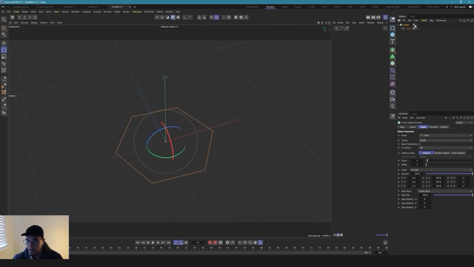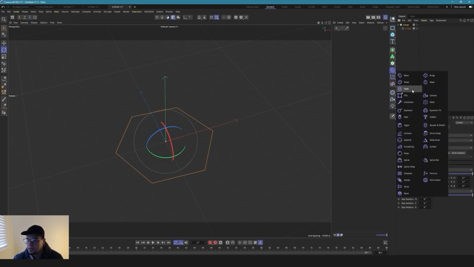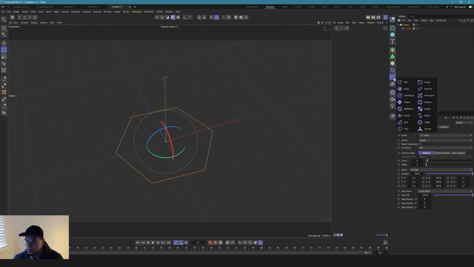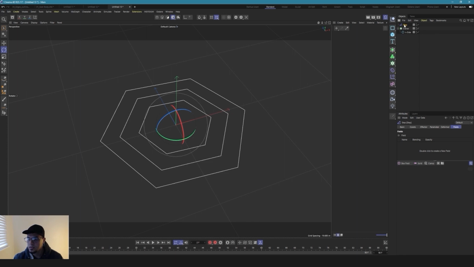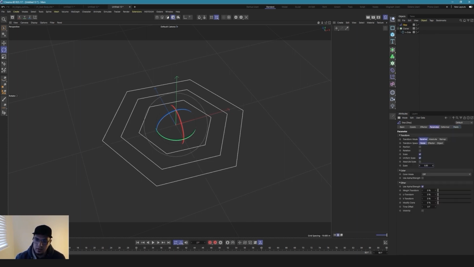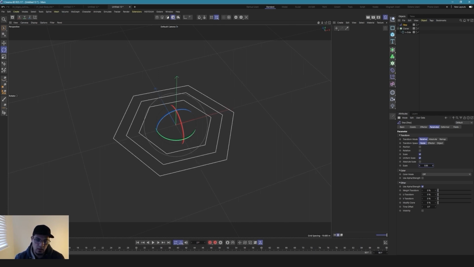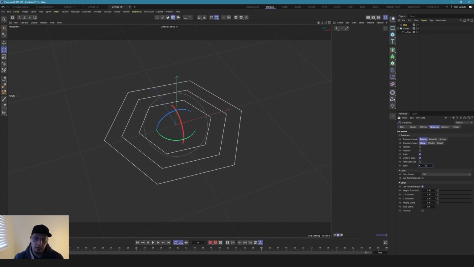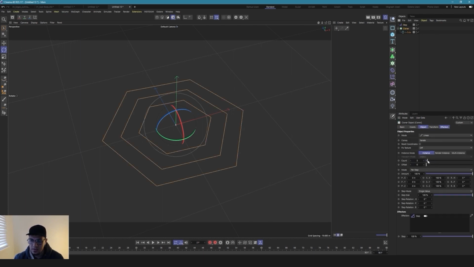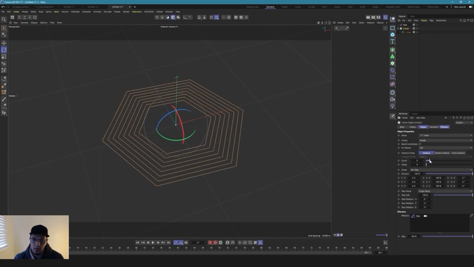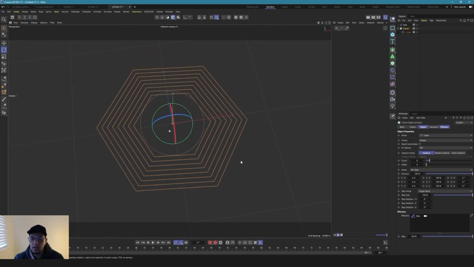If I have the cloner selected and come back into the step effector, I want to show you what that does. Yeah, here, step effector. What it does is it will do whatever it is that you told it. Like right now it's scaling, but it's doing one after the other. Like it's multiplying the scaling amount on each copy that it sees. So we can do something like this,